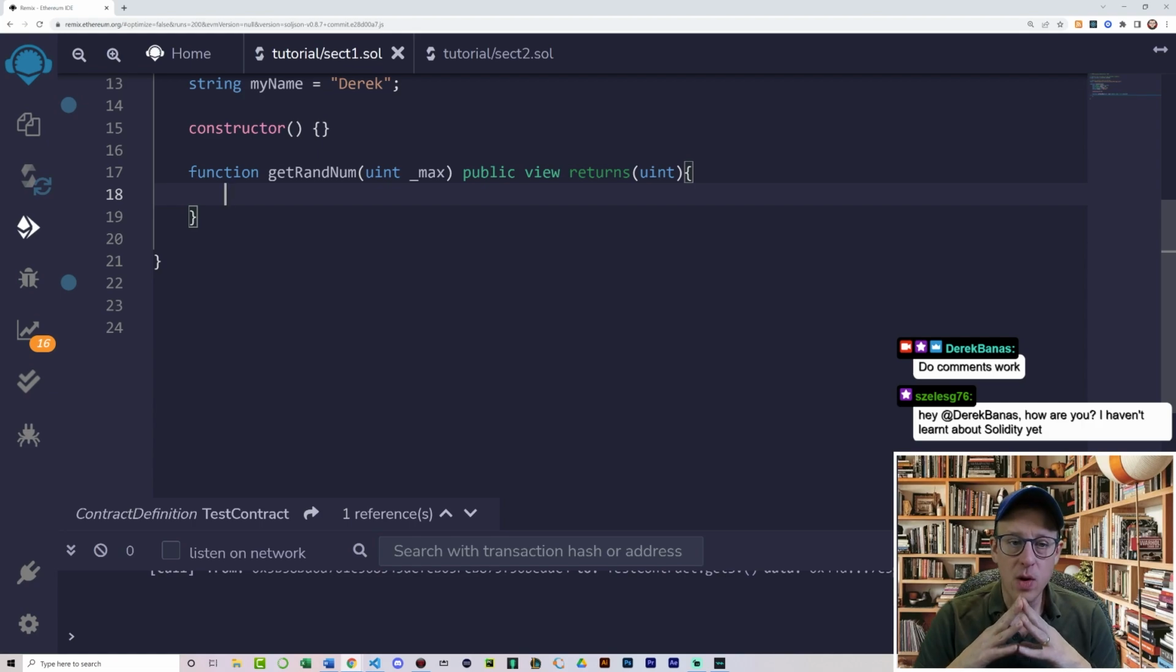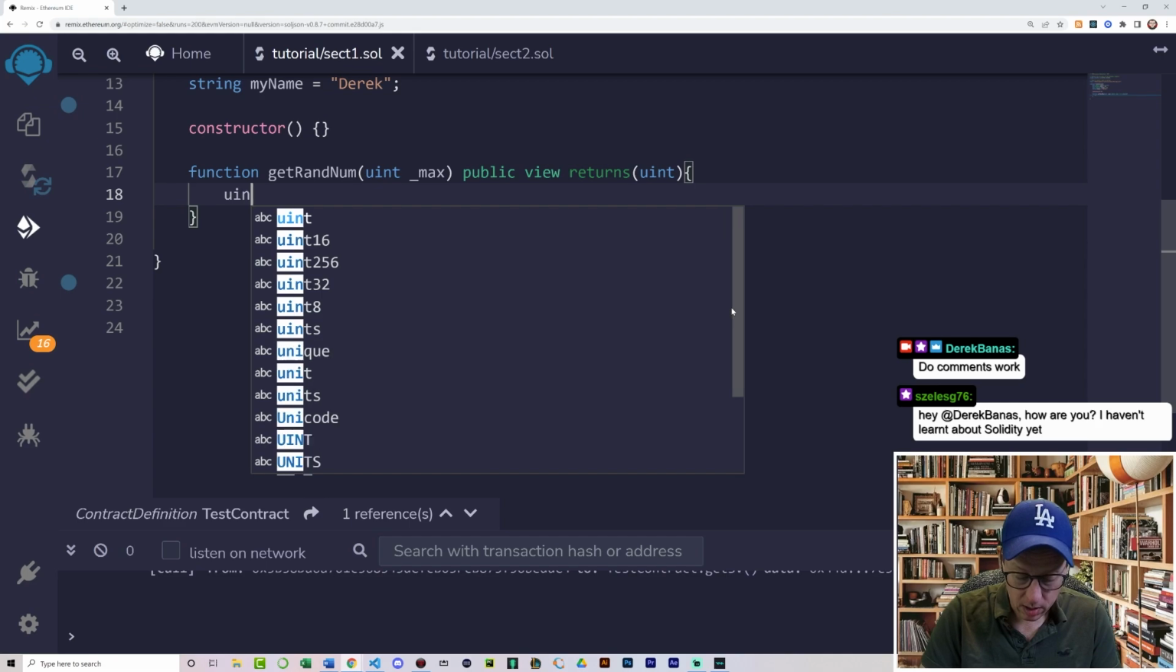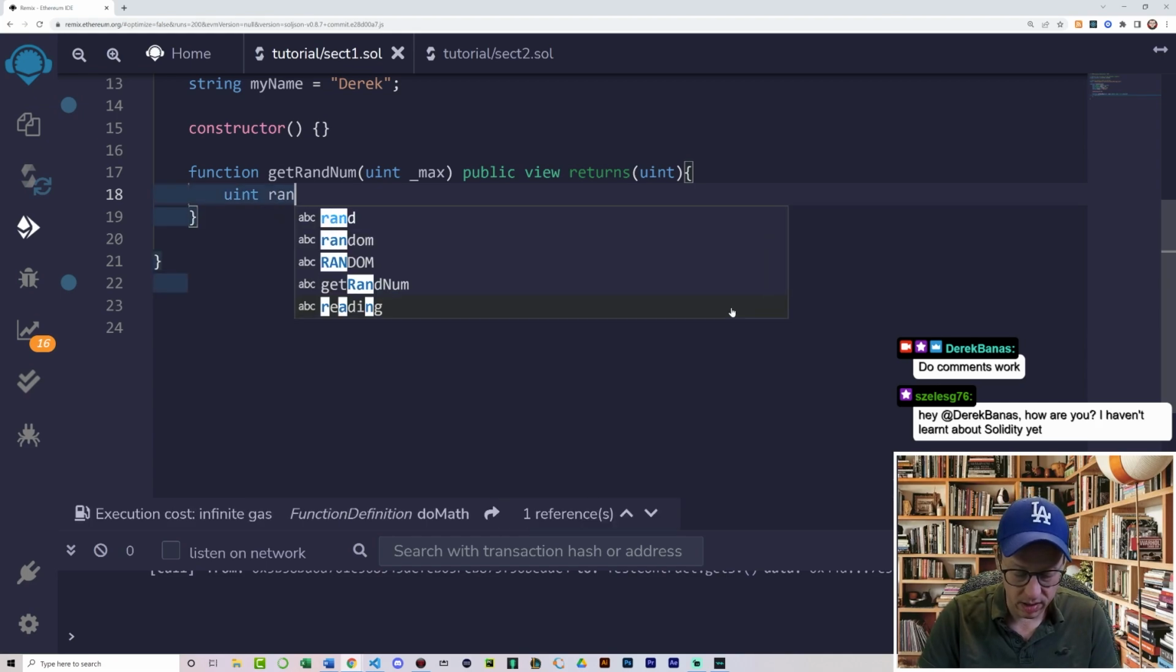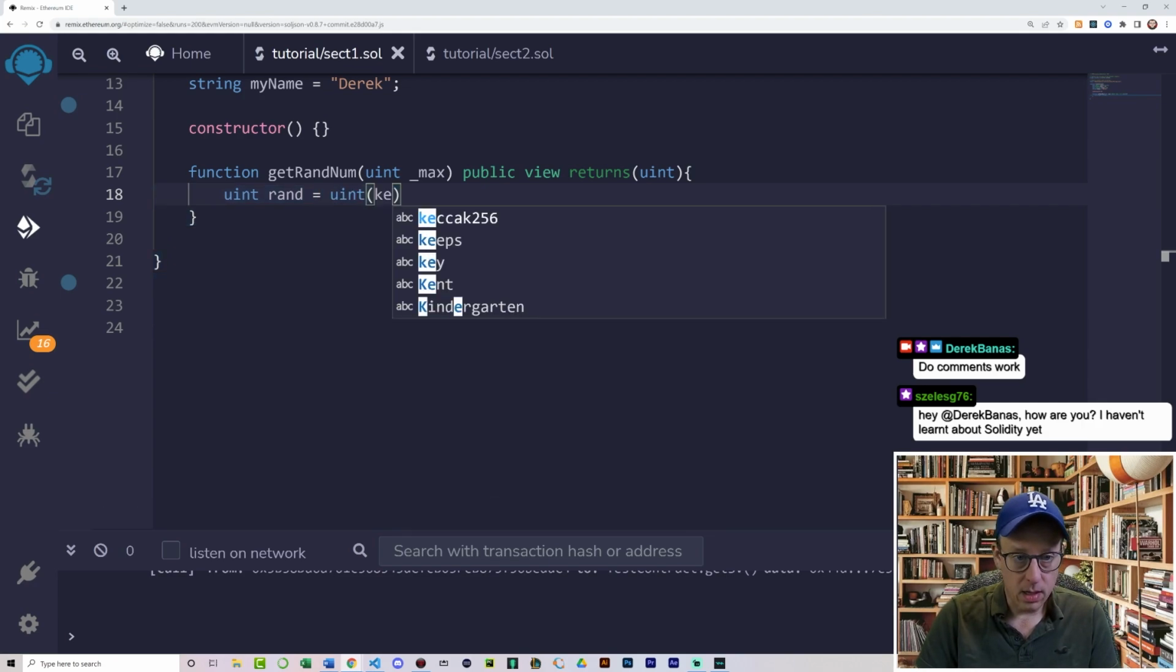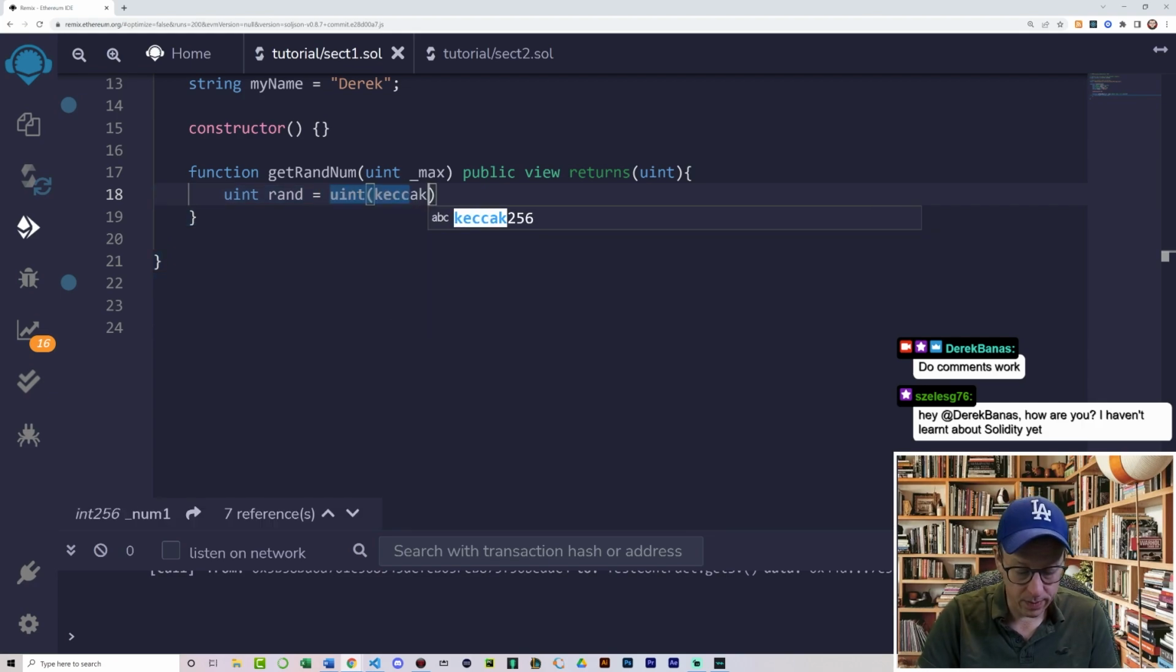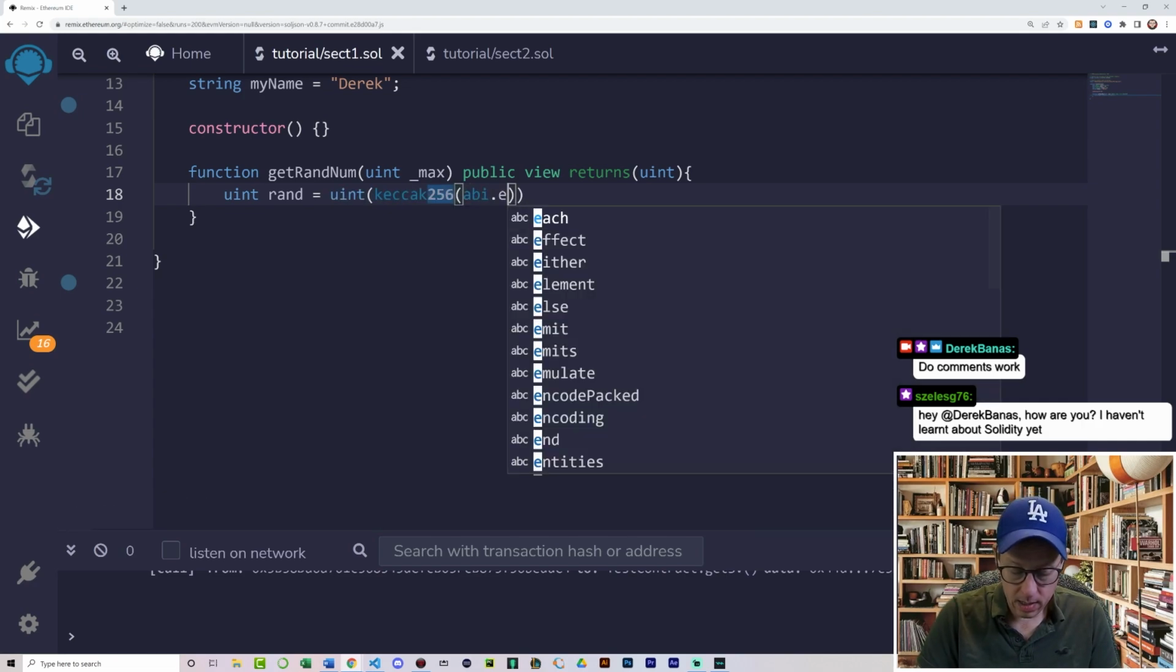Well, you can generate a pseudo random hexadecimal using a hash. There's actually a bunch of hash functions that are built inside of Solidity. I'm going to use what's called keccak. So uint, and let's just call this rand like that. You have to cast this as a uint and keccak256, and here I'm going to say